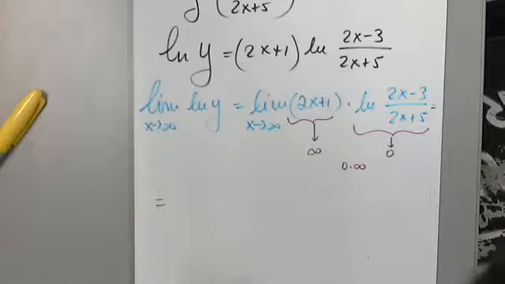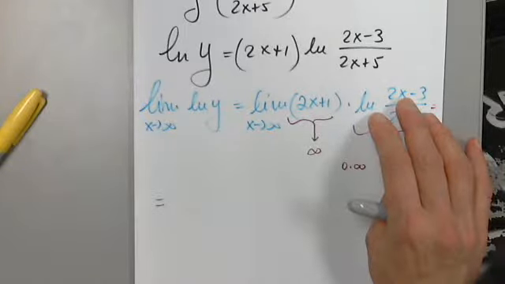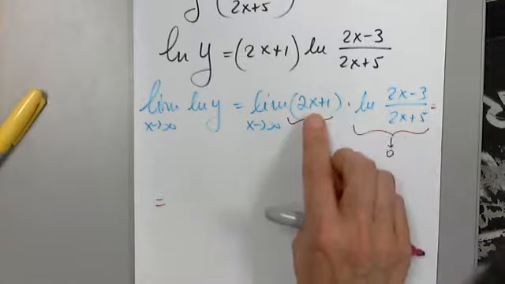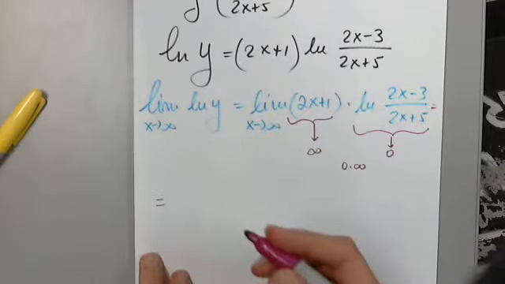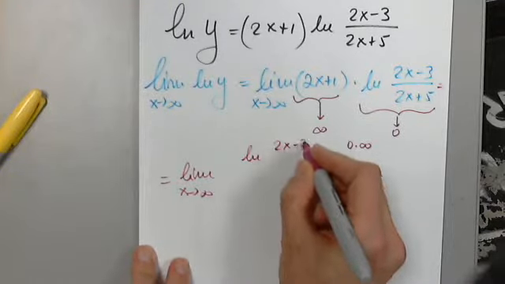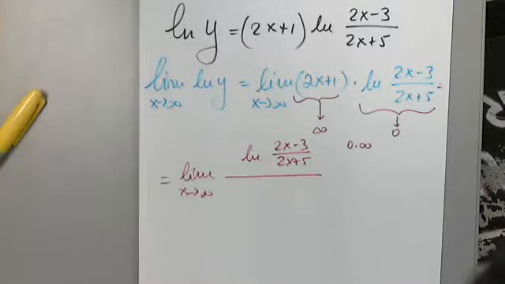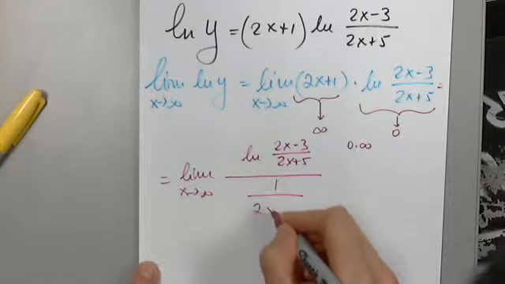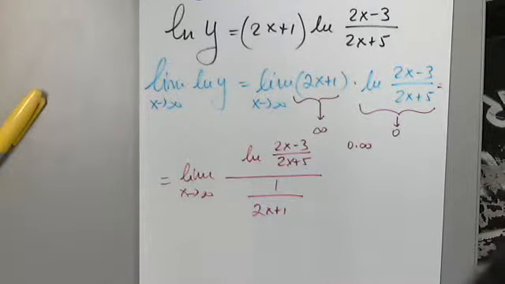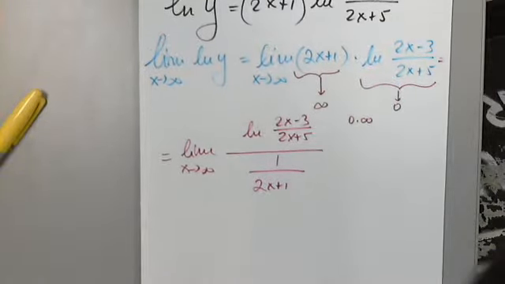Okay, now, I don't want to take this anywhere because it's log. If I bring it down, it will be log to negative 1. I don't want to touch this. My only hope is that I will flip this. Here's how. Limit as x approaches infinity. At the top, natural log of (2x minus 3 over 2x plus 5) over, what should I write so that when I flip it, I still get the 2x plus 1 in front? Of course. That's it. I changed the presentation of the function, the way it looks, but I did not change the actual function.